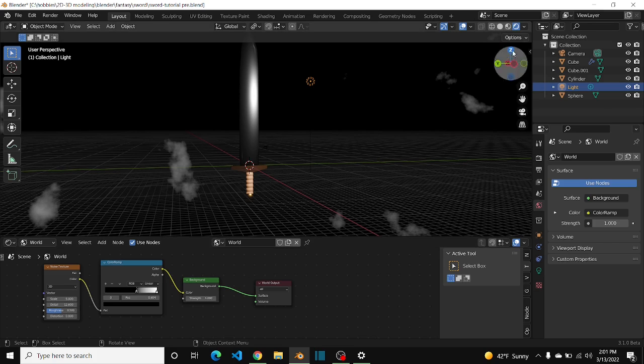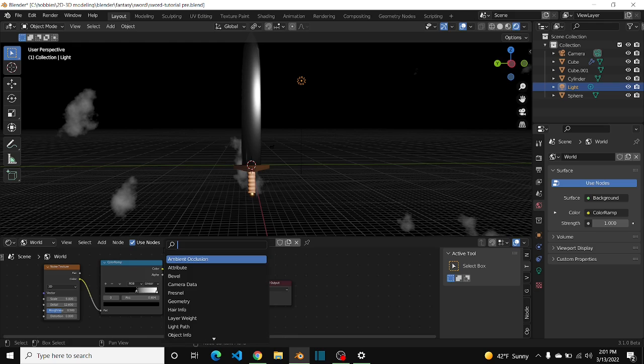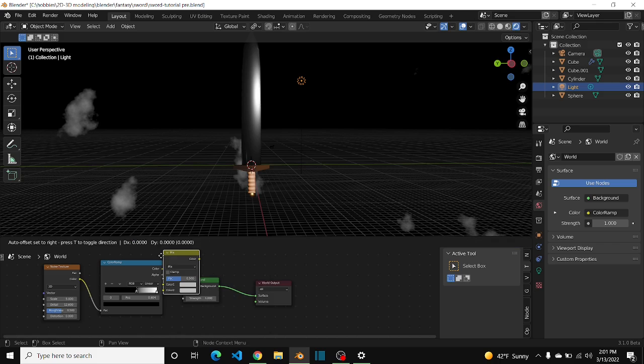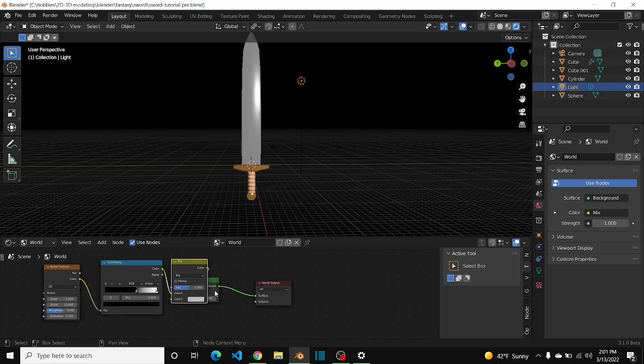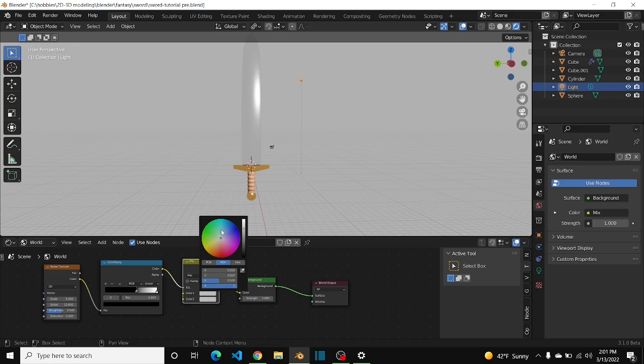Now we want not just these clouds, we want a blue sky background in between. So we're going to add in a mix RGB node and then plug it in right in between those. Now instead of it being a color, we're going to move it into the factor. Now this color will be represented wherever there's black. This color will be represented wherever there's white. We're going to change this one to kind of a